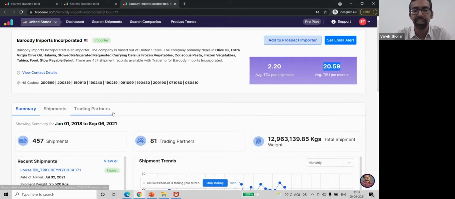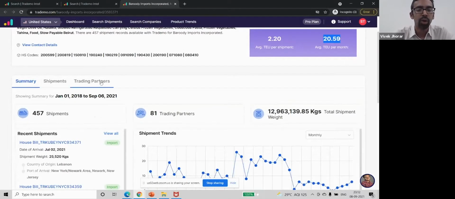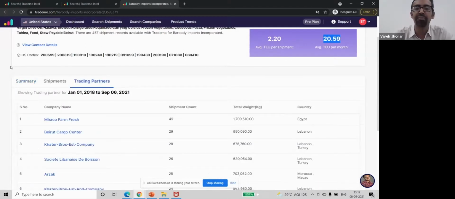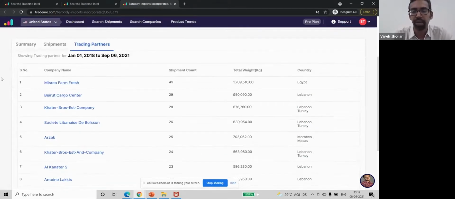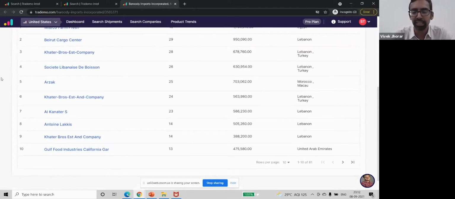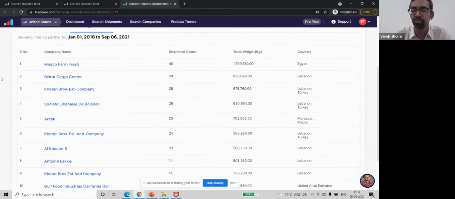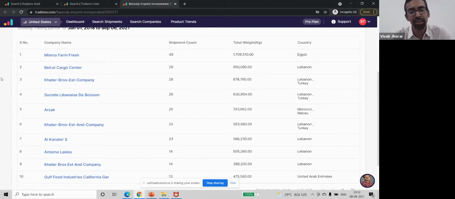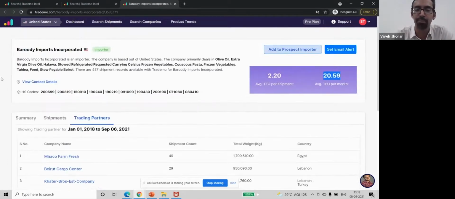It is definitely worth having a look at for all prospects, because they have a lot of trading partners, which means they are very diversified in their sourcing base. And chances are, if you look at such trading partners who are importers, you stand a chance, and they are importing from everywhere. Lebanon, Turkey, UAE, mostly these are the countries famous for pickles. So Frank, you have good competition. You know whom to beat, and you know which pricing to sell at. All the very best as you use this tool more to find more importers there.